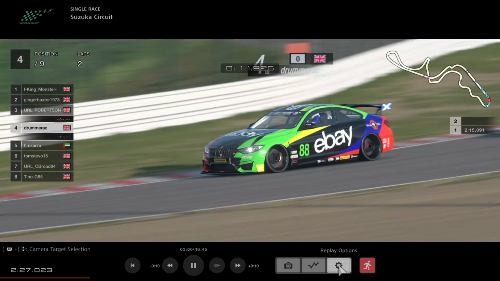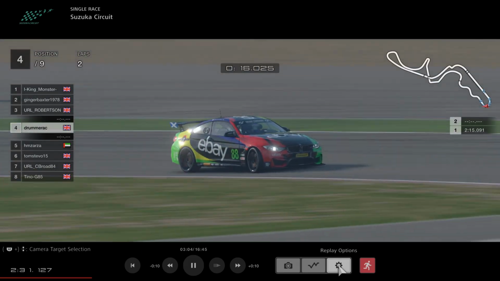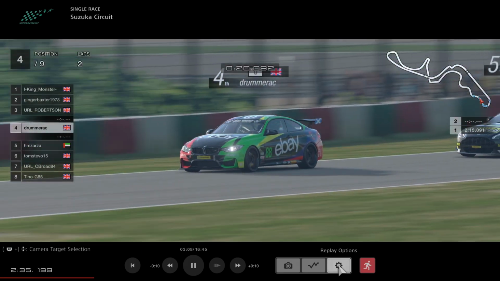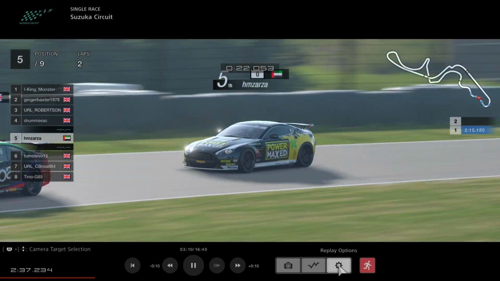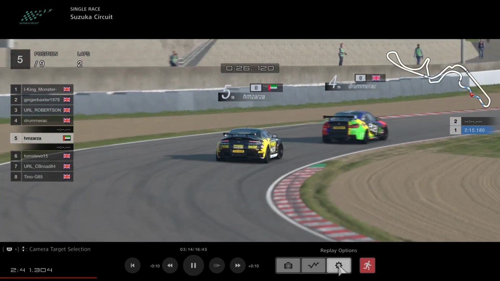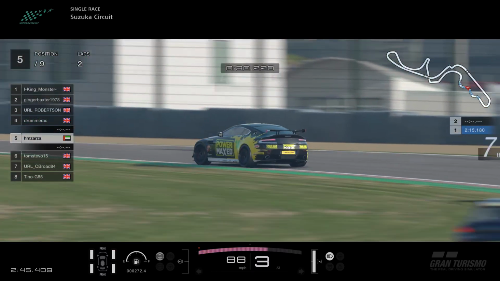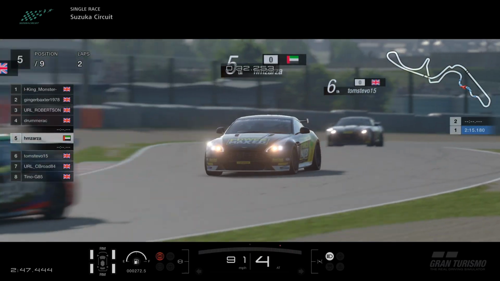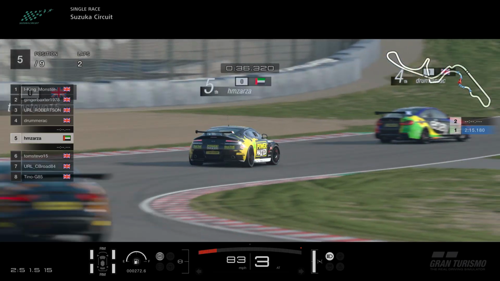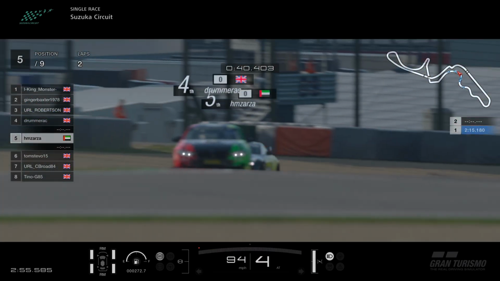Hamza right up the back of Drummer then coming along the start and finish, but didn't manage to get past. So Drummer still sticking it there in 4th. But Hamza looking like he's up for it here in race 1. He is one of the ones actually on the medium tyre, so if he can stay where he is, or maybe get a little bit higher up,